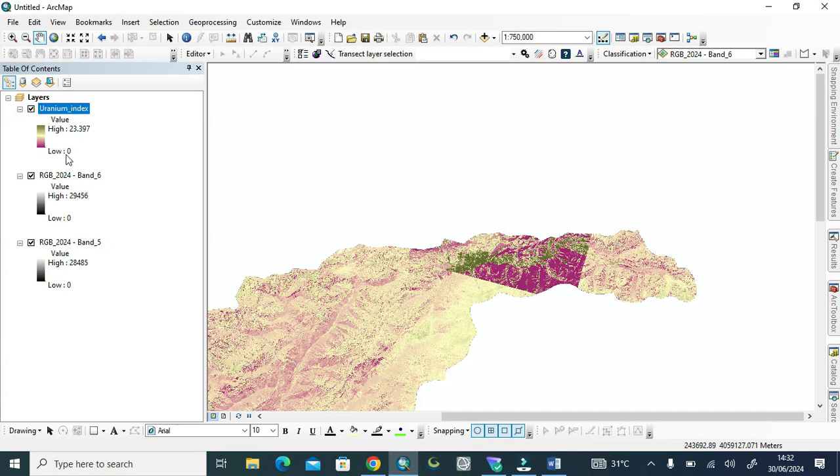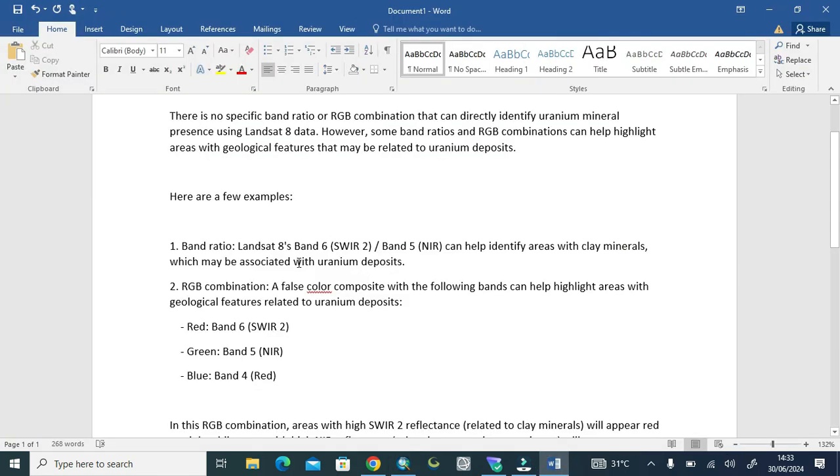It's not an index, it's a ratio, because its value range is higher than +1 to -1, since indices usually have the same value range and a ratio has a different value range. So that's why we estimated it with the help of the raster calculator. We simply divided band 6 by band 5, as you can see in the Word file.